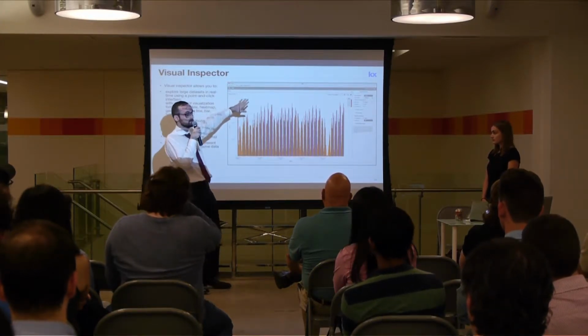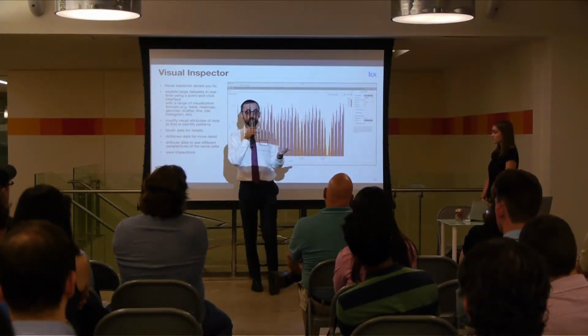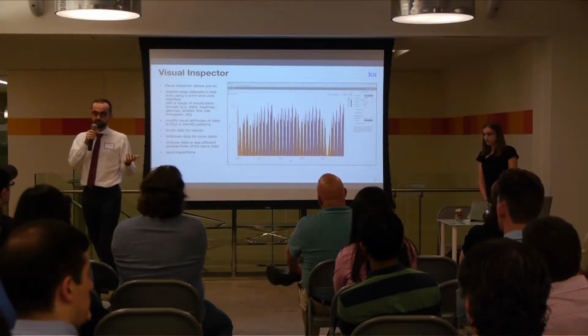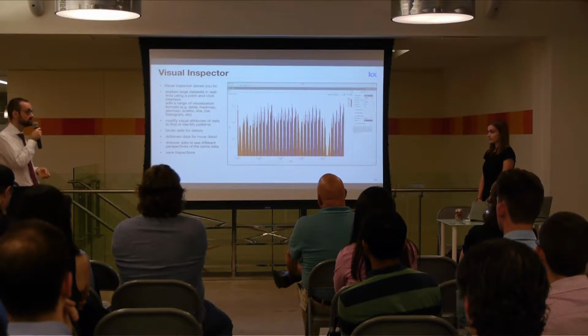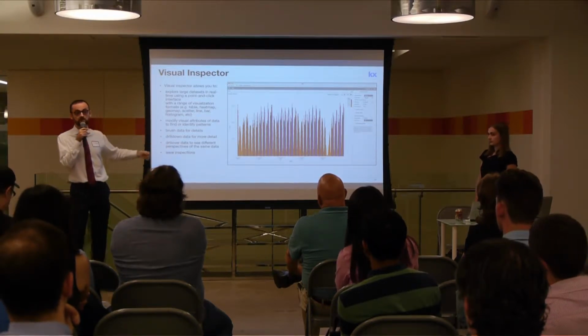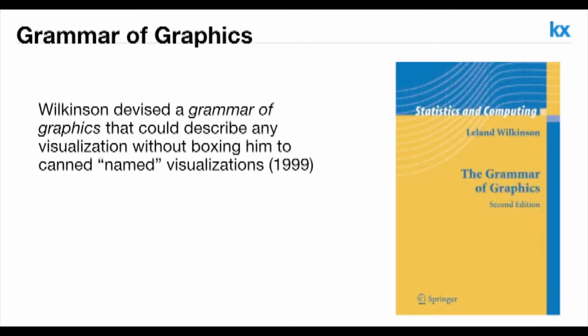You can actually put in a full query. And then at this drop down here, you've got a variety of different types of visualizations you can do. You can do simple line charts, bar charts, histograms, heat maps, and you can do Google Maps and other geospatial mapping as well. And then once again, you can also save these inspections as well. So you can just send this and publish this to an end user. So next slide. And then another cool thing that we've done is we've actually built a grammar of graphics library,